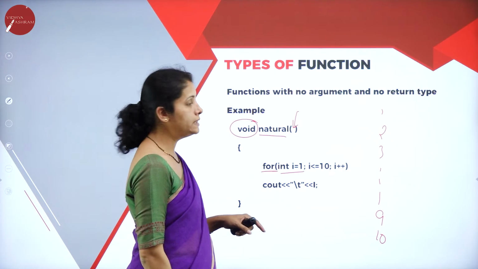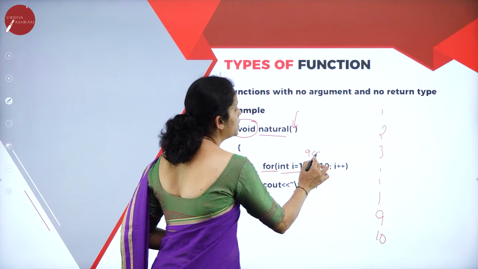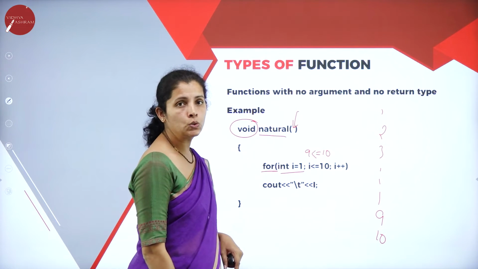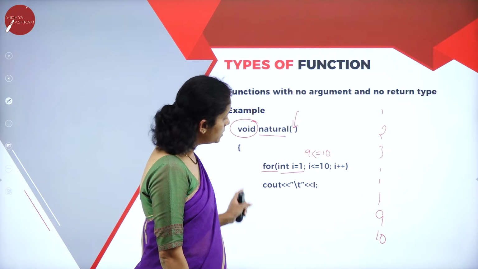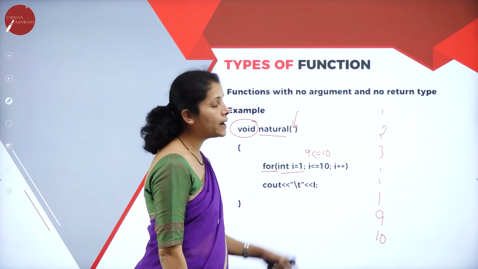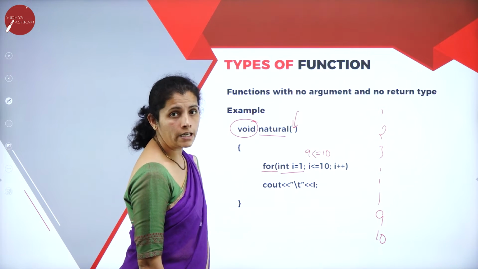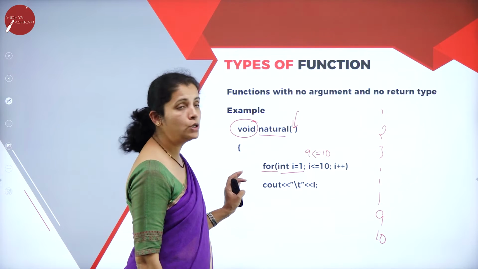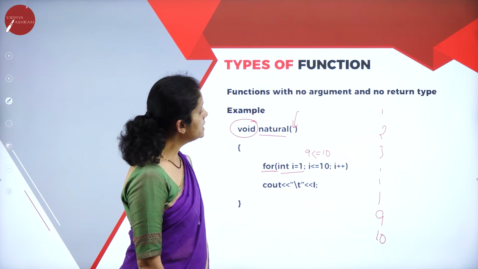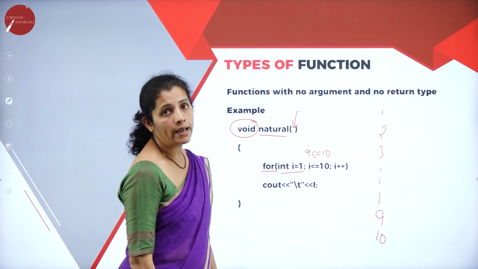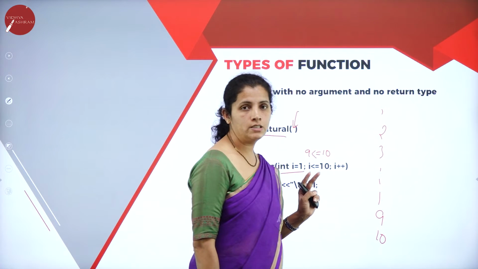For example, think that i is 9 now. 9 less than or equal to 10, the condition is true. So I want to print 9. After printing, i is incremented by 1, i is now 10, 10 less than or equal to 10, the condition is true. So I'm going to print the value 10. Now i is incremented by 1, now i is 11, 11 less than or equal to 10,